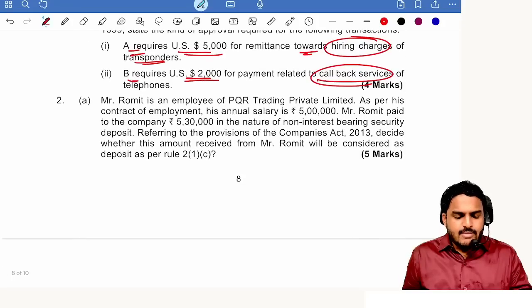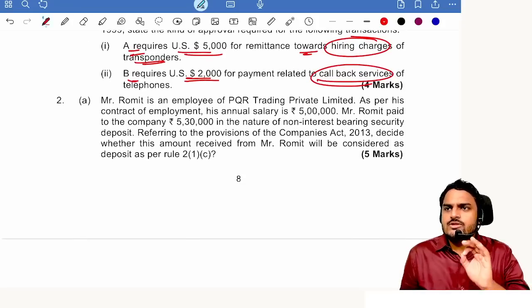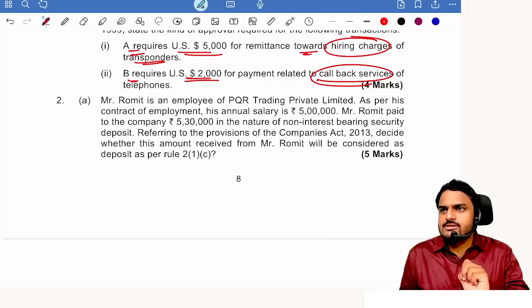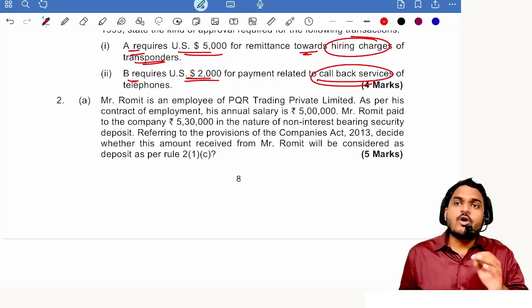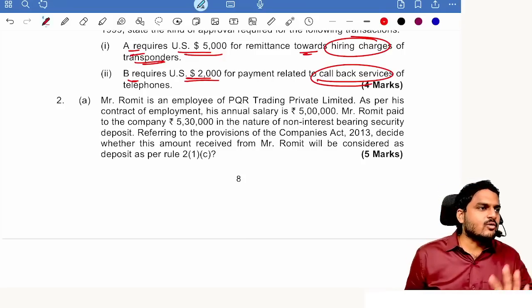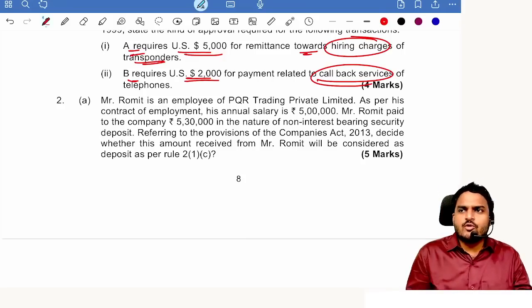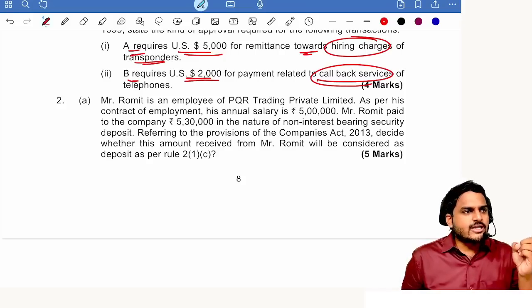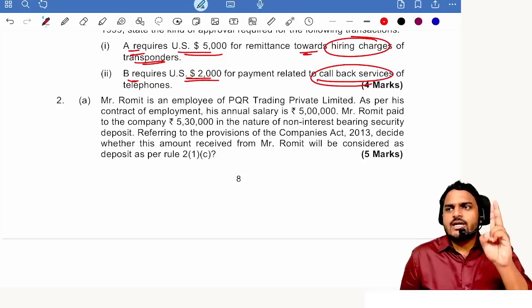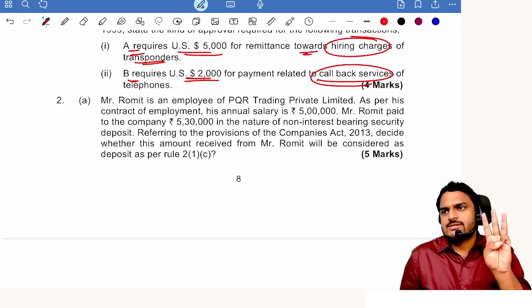Understood? Maximum questions will come from residential status. Next, current account transactions. Maximum. If needed, they may test you on foreign exchange, foreign security, and capital account transactions. The entire FEMA is of only these 4 topics. Residential status, some other 2 definitions, foreign exchange and foreign security. Next, current account transactions, capital account transactions.